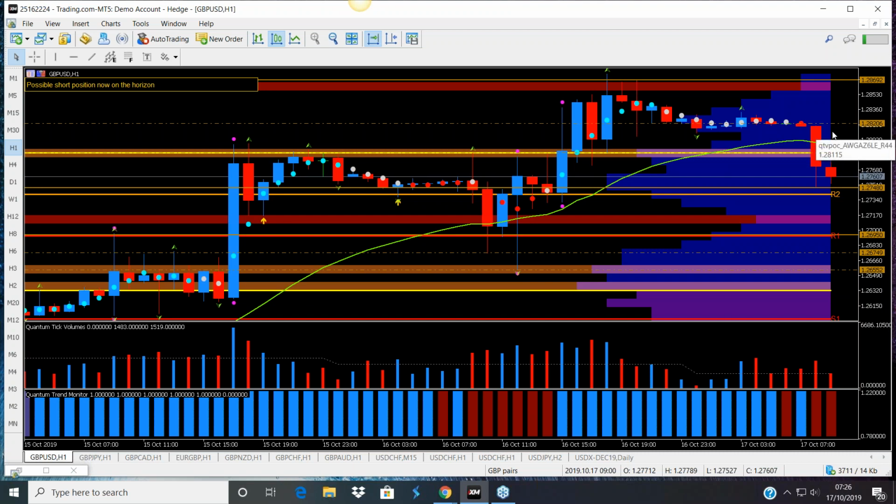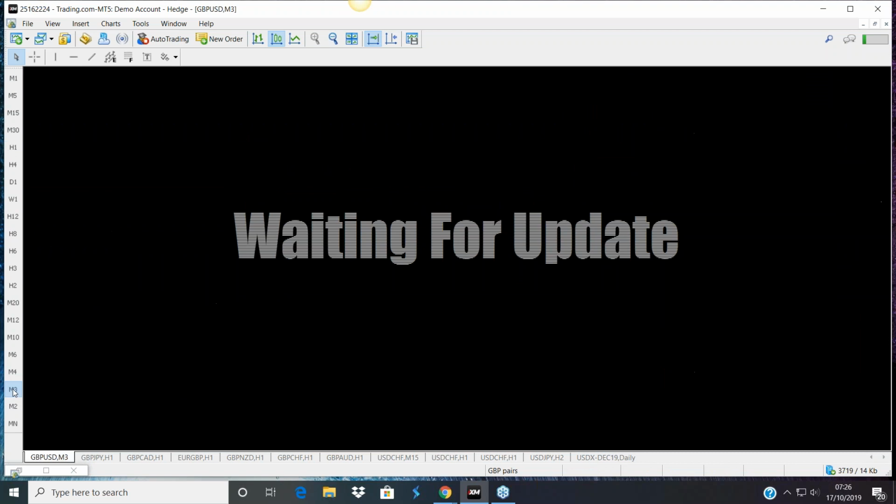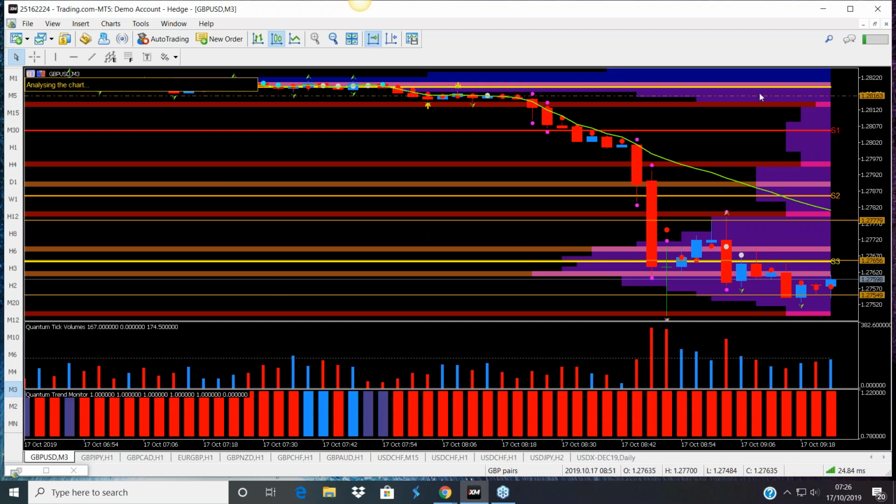But this news has come in. We have this dramatic sell-off. We have had some support, some buying coming into cable, but in fact it is now selling off once again. And if we move on to the 3-minute chart here, this is much more dramatic. In fact, if I just reduce it